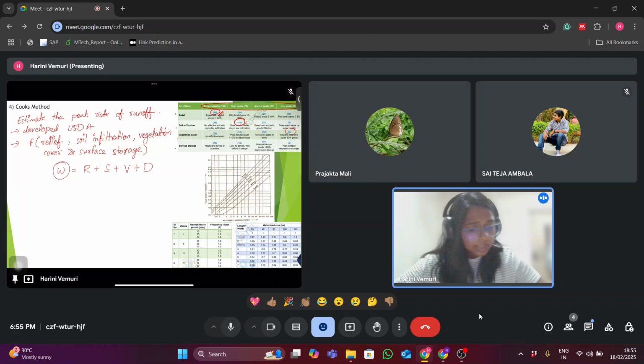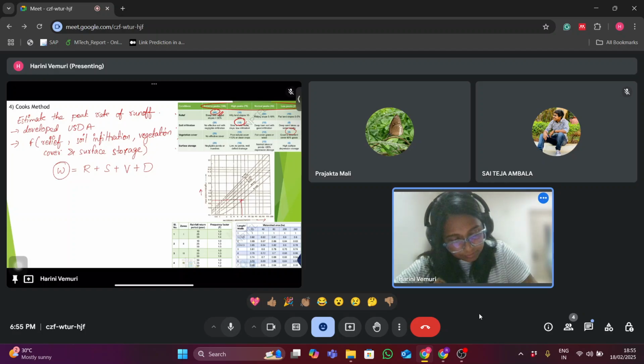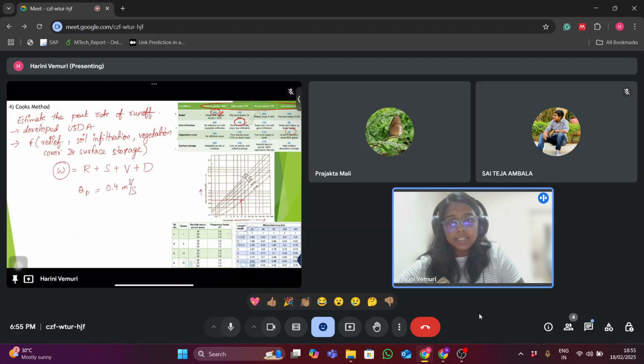Okay, based on this W and the area of the catchment, from this table we can see that the x-axis is watershed area and the y-axis is peak discharge. And suppose we have 8 hectares of watershed and it has a W weightage value of 30, then we say that the peak discharge QP is 0.4 meter cube per second. Okay, from this table we will estimate that, and this is our uncorrected